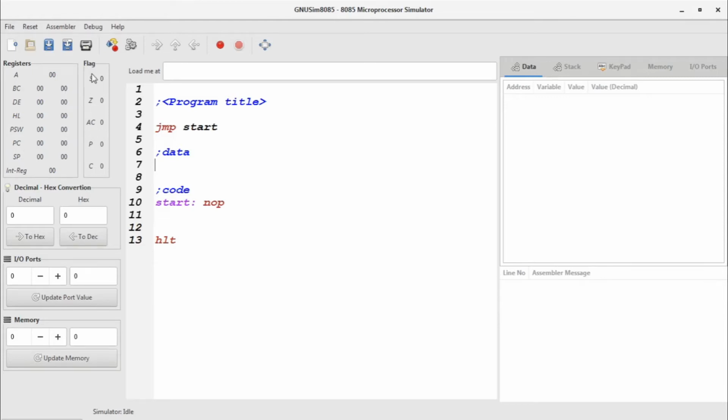Then these are the five flags here. After each logical and arithmetic instruction, this flag condition is going to be changed. In a similar way, whatever registers we use while writing assembly programs, the contents of these registers are going